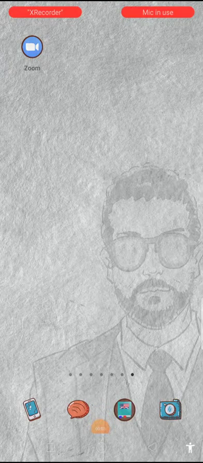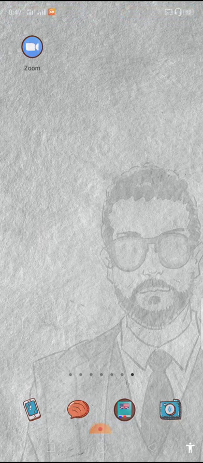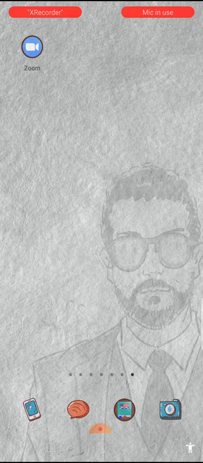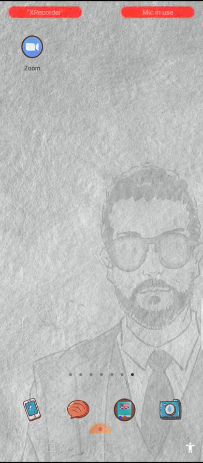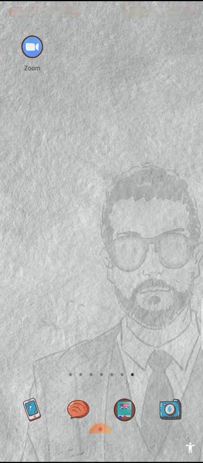So many students were asking me how to create a Zoom account and how to use it. So this is how you can create an account on Zoom. First of all, you will download the app like this. Put Zoom app in the Play Store, Google Play Store. You will get an app like this, right?